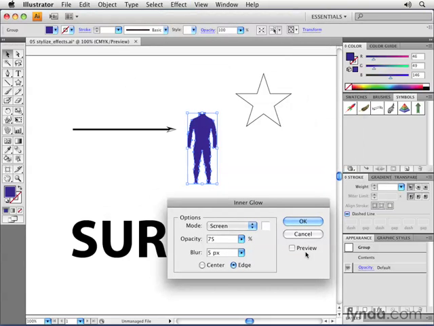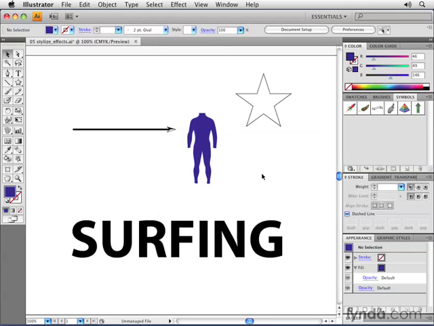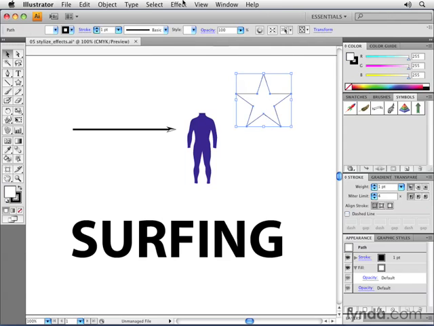I'm going to click on the preview button. You can either apply a glow towards the inside or the outside, but it has almost that same type of effect on some level as the feather that's there as well. Let me click on this star shape that I have right here, because if you go to the effect menu